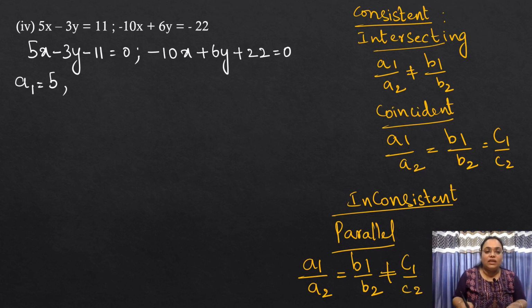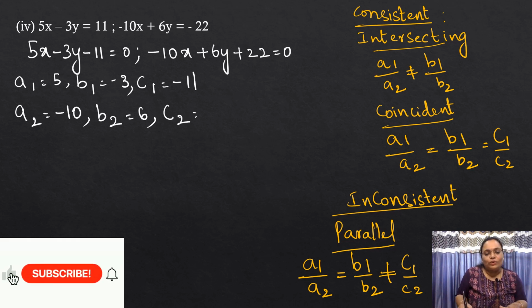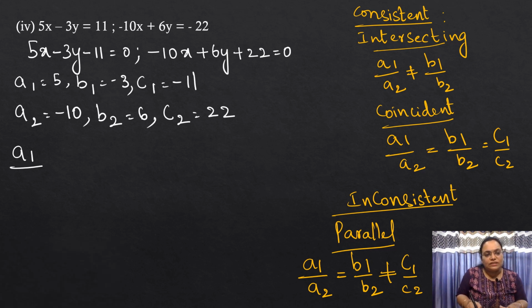So from the given equations, comparing these equations with the general form, a1 is 5, b1 is minus 3 and c1 is minus 11. a2 is minus 10, b2 is 6, c2 is 22. Now let us find the ratios, that is a1 by a2, which is 5 by minus 10,